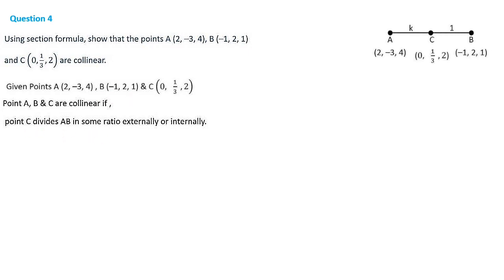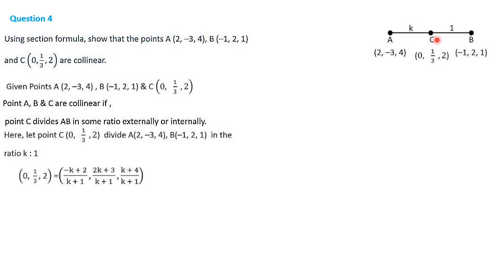So let's represent it on a line. A, B we have marked. C, here considering the internal division, that is, we keep C in between A and B, in the ratio k is to 1. Let the point C (0, 1/3, 2) divide the points A (2, -3, 4) and B (-1, 2, 1) in the ratio k is to 1. We have already discussed this; the same thing we have to write. That's all. Then this is x, y, z. By using the section formula,